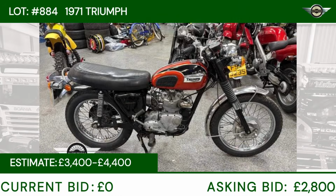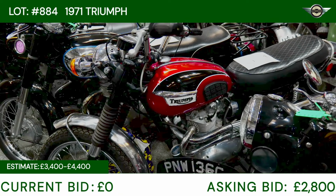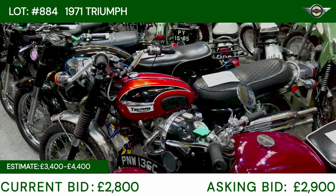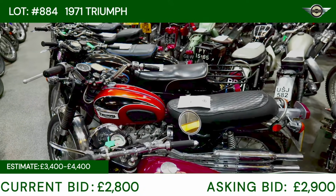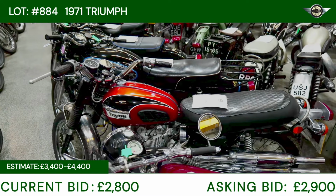884. Again, same stable, lovely machine. Look at it. 1971 Triumph. We're starting a little bit higher than 2,000 on this one. We've got a bid there at 28. At £2,800 we've got for the Triumph. At £2,800 then. It's a provisional sale at